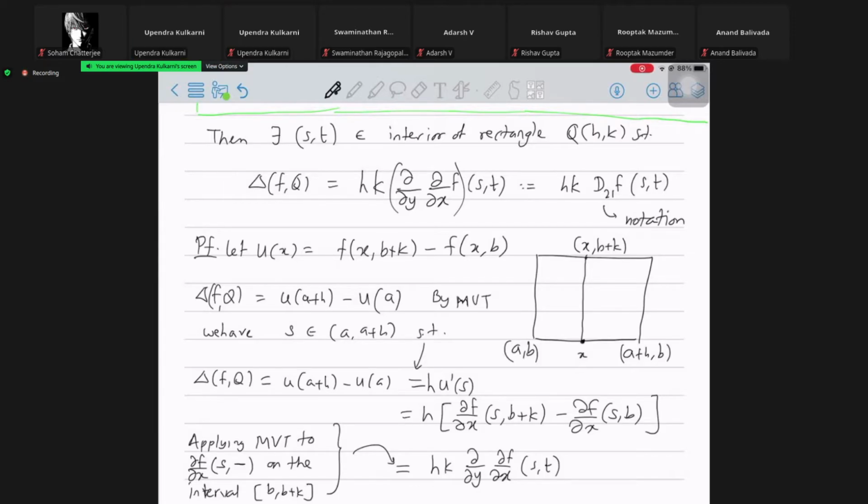So then f is differentiable in both the first variable and the second variable. Right. So of course, if the total derivative of f exists, then that is perfectly good. But it is enough for us to have that the function is differentiable on every vertical segment, right? And the partial derivative with respect to x is also